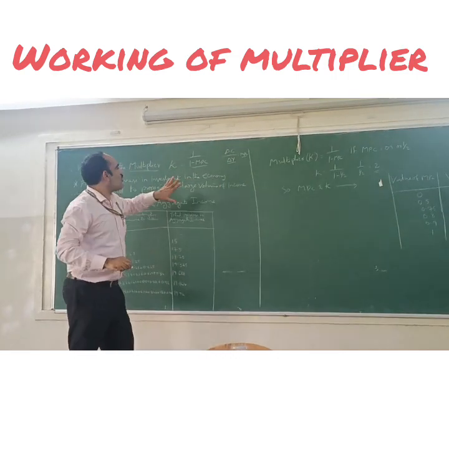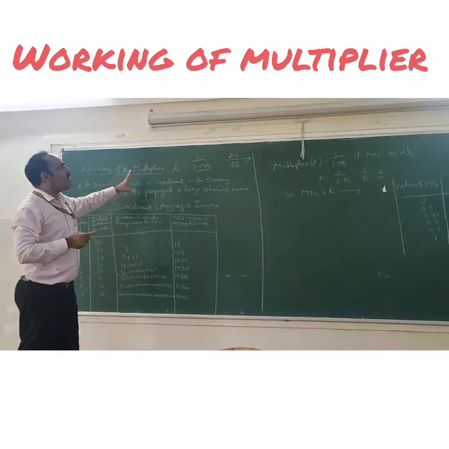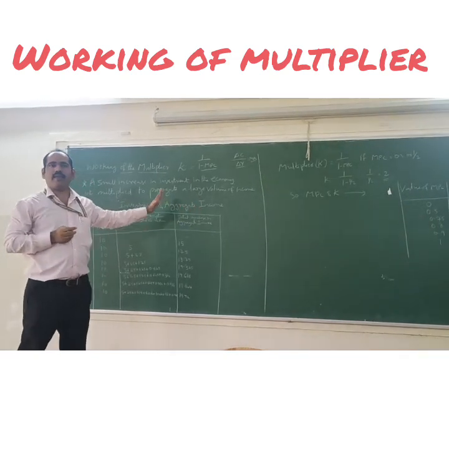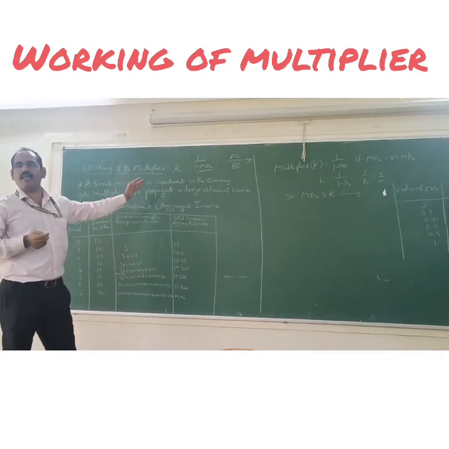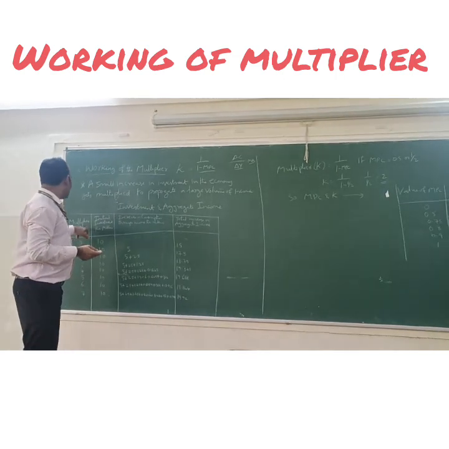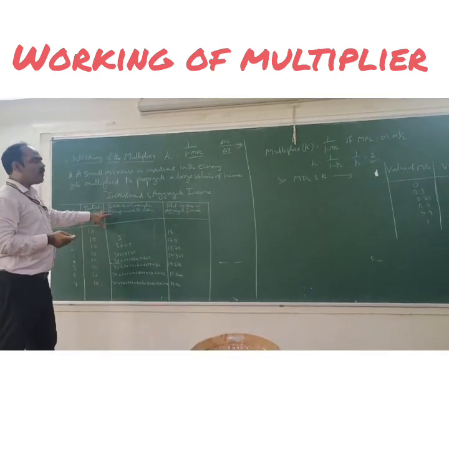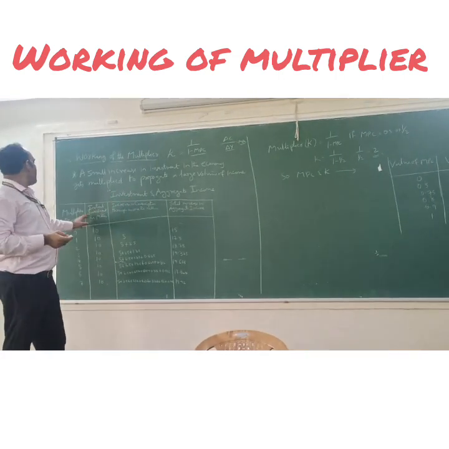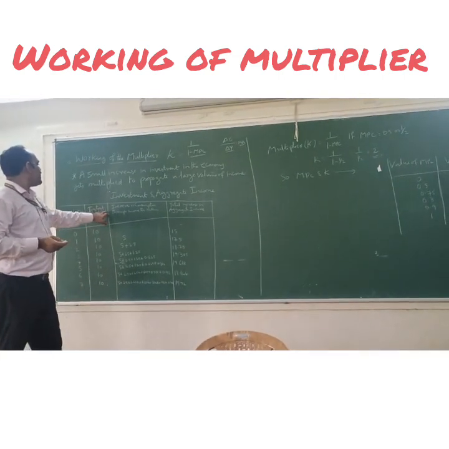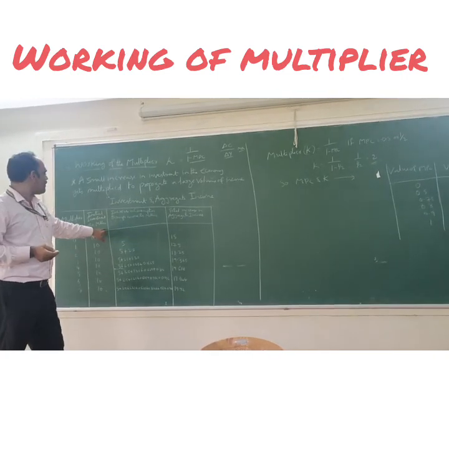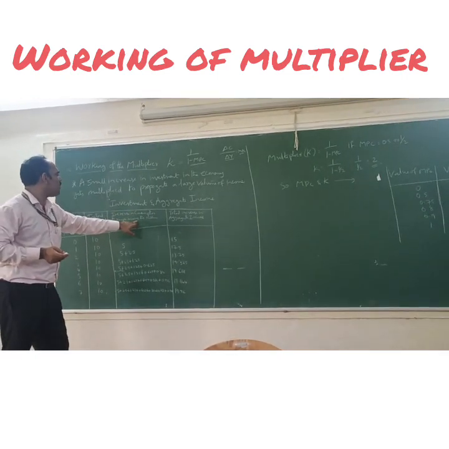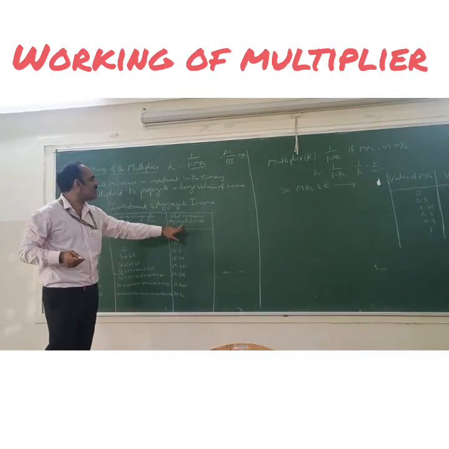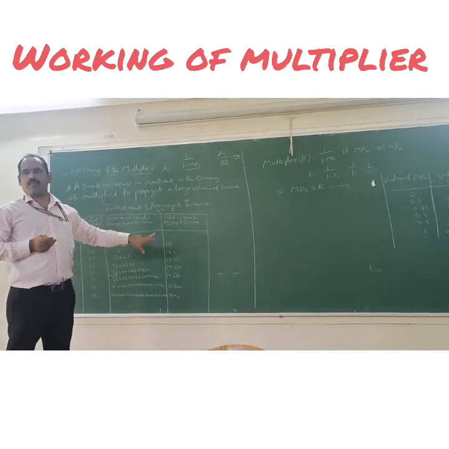Okay. So here we have an investment and aggregate income table given to understand the working of the multiplier. Now here we have 4 components in this multiplier table: multiplier period, initial investment in millions of rupees, increase in consumption through income in millions of rupees, and total increase in aggregate income in millions of rupees.